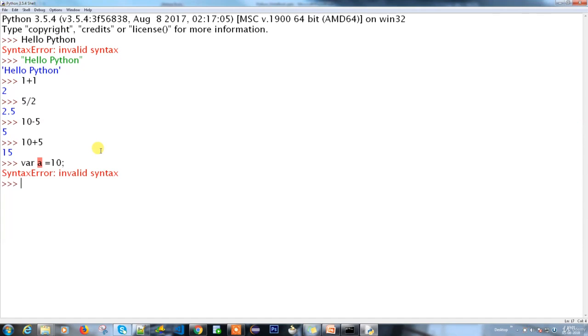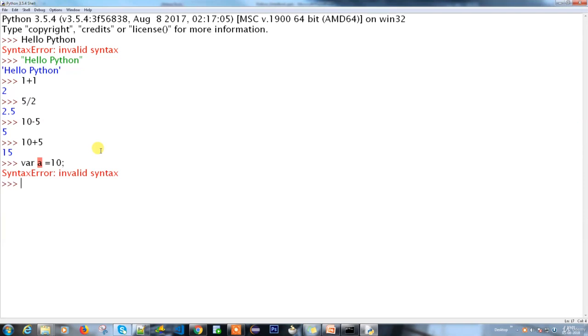When you start working on Python, you need to keep a few things in mind. There is no need for a semicolon at the end of the line. In most languages, the semicolon indicates the end of the line, but in Python you don't have to use it. Also, when working with variables, you don't have to provide the data type.